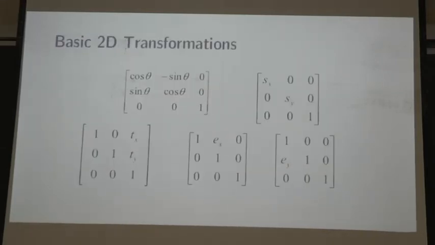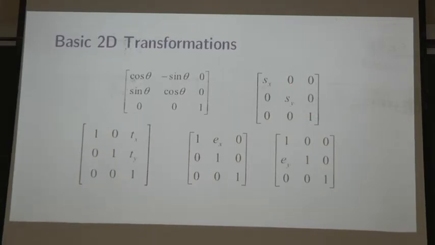This is a rotation matrix. I notice I extended it to a 3 by 3 matrix now, but it's the same thing because the extension is just by identity elements which don't impact anything. So this is a rotation matrix about the origin, counterclockwise by theta. Okay. This is a scale matrix by Sx along the x dimension